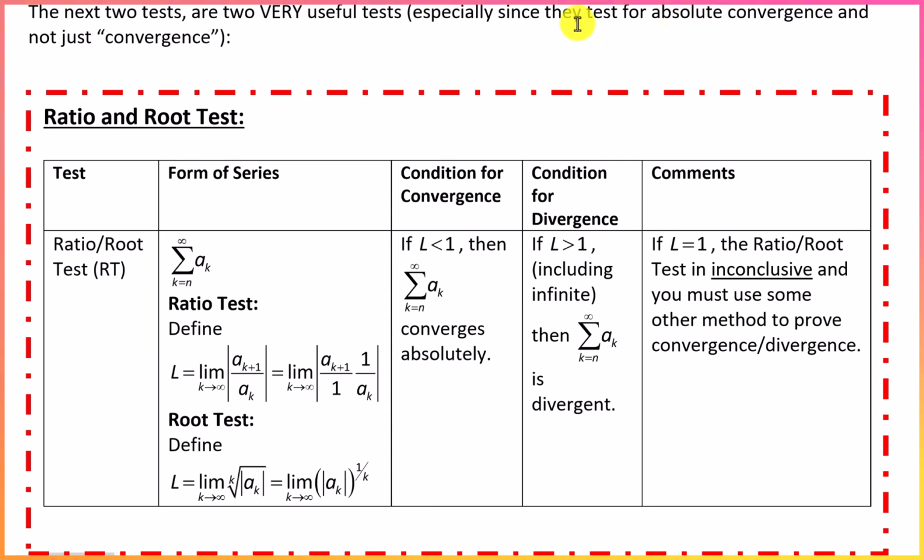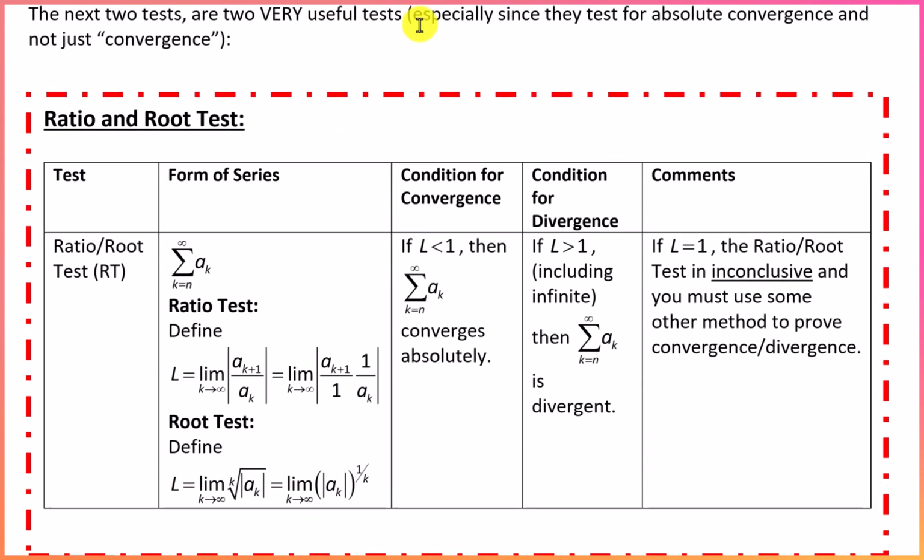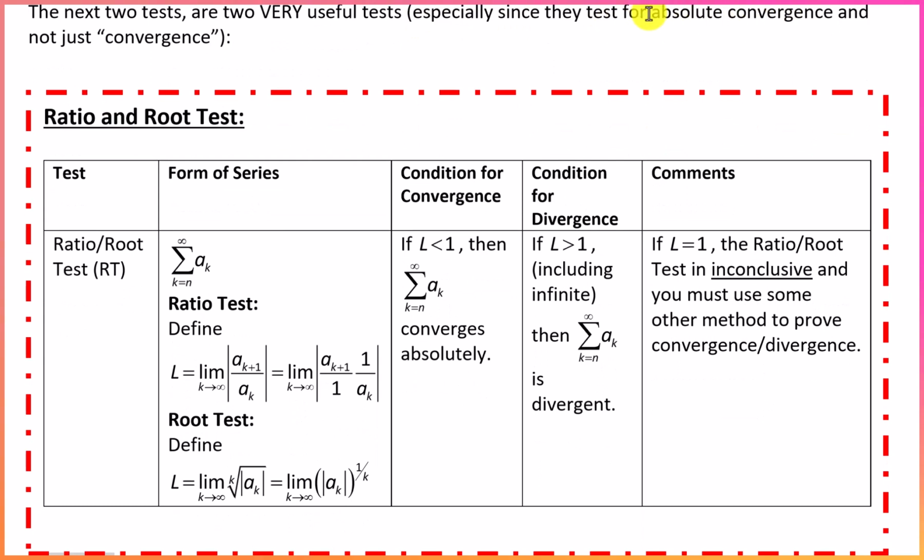The next two tests that we're going to take a look at are called the ratio and the root test. And they're super useful tests because they test not just for convergence, but we're actually testing for absolute convergence. So it's a very strong type of convergence that we're getting out of these two tests. So with the ratio and the root test, we define either a ratio of terms, so we take the limit